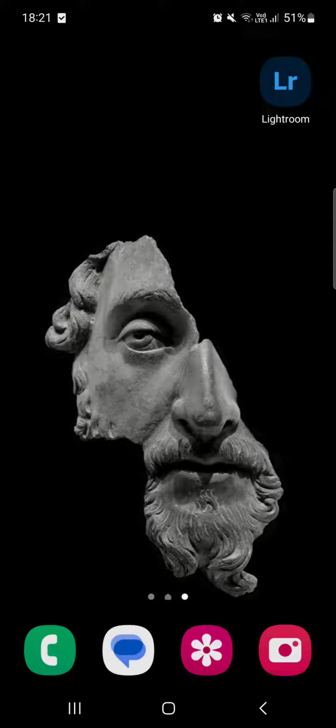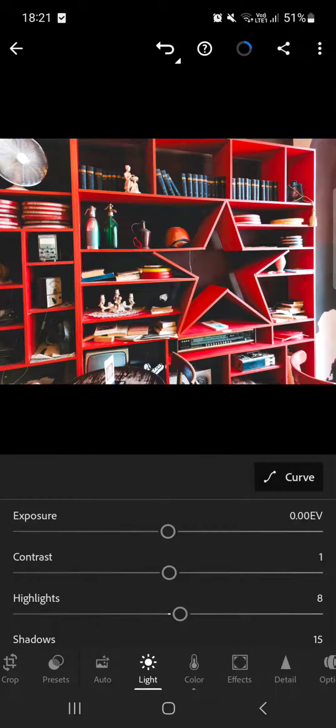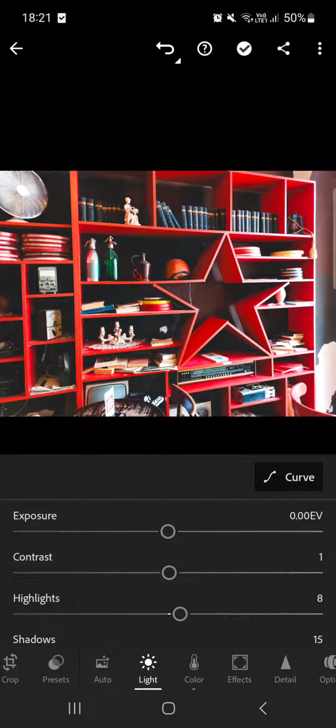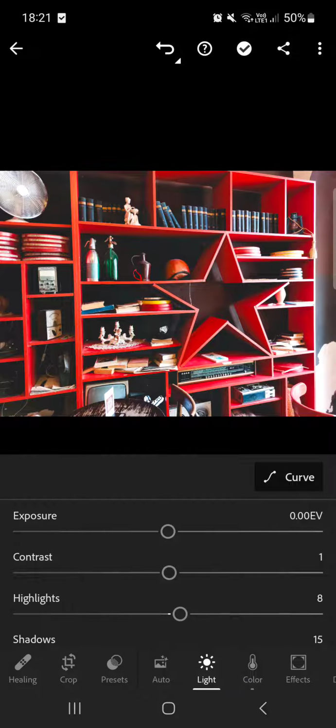So without further ado, let's just jump right into it. First we have to open up the Lightroom app. And here I already opened a picture. You can do it too. Basically it opens up in the gallery, and then from the gallery you select the picture that you want to edit. So after you selected the picture that you want to edit, it's going to look like this,